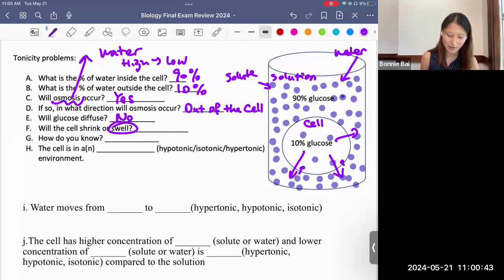I'm just not gonna write it. The cell is in the what environment? So we're not thinking about the cell itself, we're thinking about the solution. This is the solution, okay? So the solution